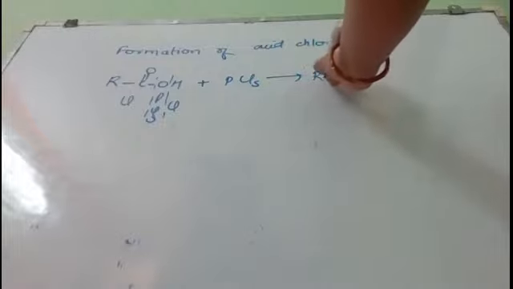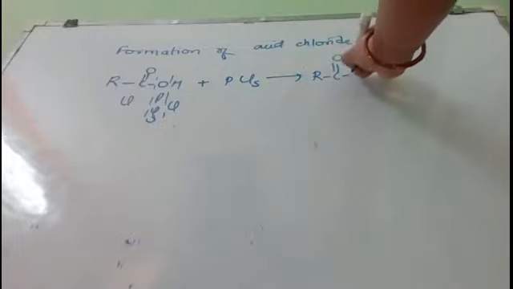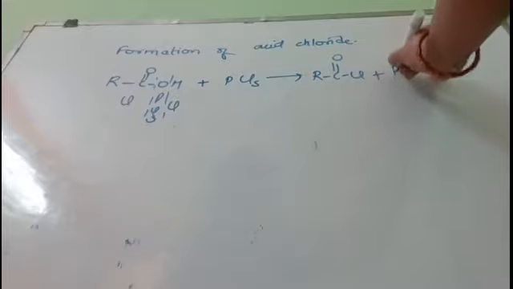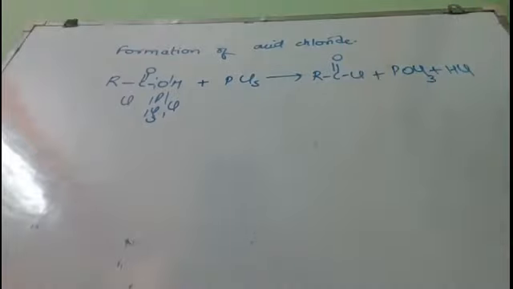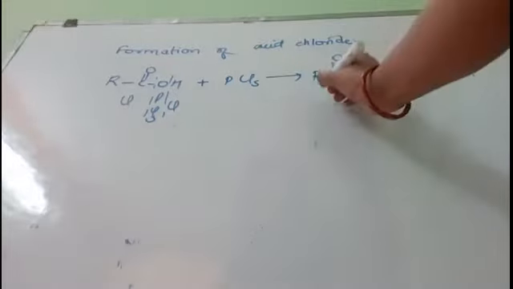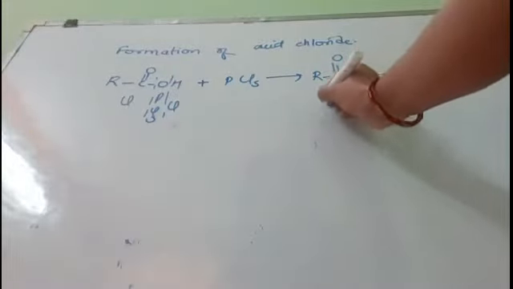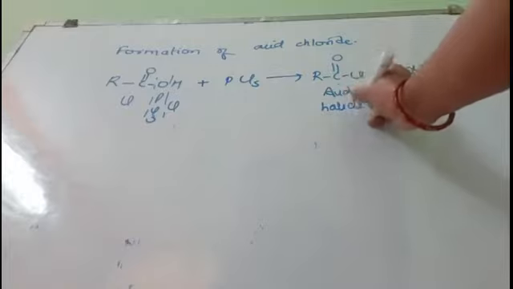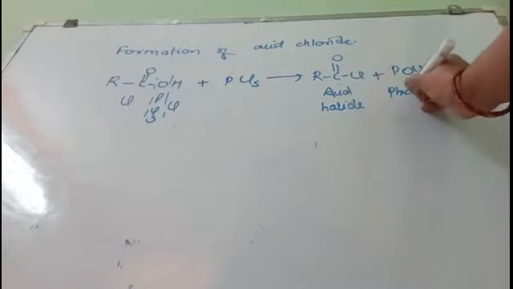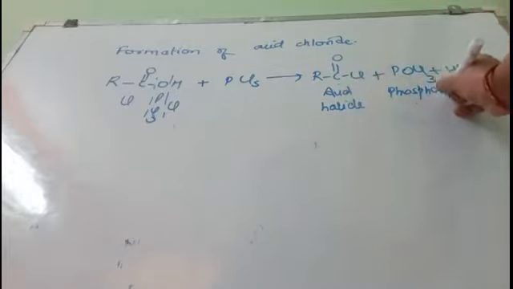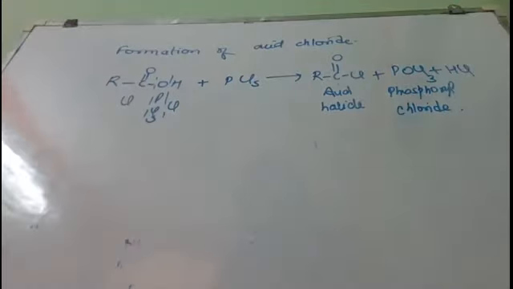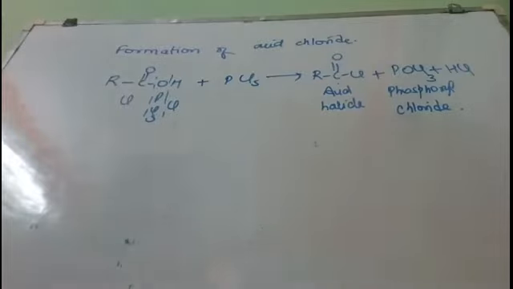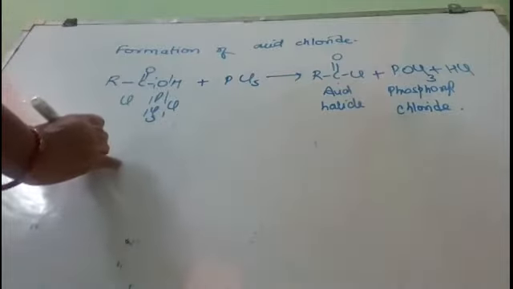so in this way you will get acid halide, phosphoryl chloride and HCl. Okay, so this is acid halide, phosphoryl chloride and HCl is formed. Let us take one example of this, such as if you have